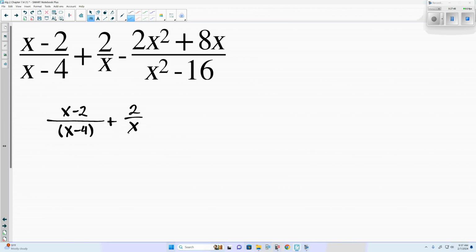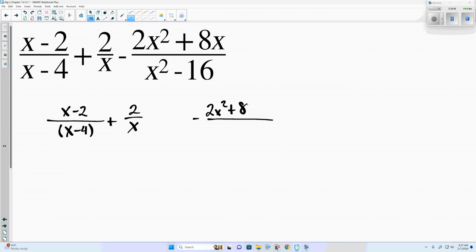When you put that in there, do leave a space because we're going to have to multiply not just both, but all 3. We need to get all 3 denominators to be the same. So I'm going to leave a space. Yep, you can leave it behind it, the 2 over x, or in front of the 2 over x. We just need somewhere to multiply in the middle. Minus